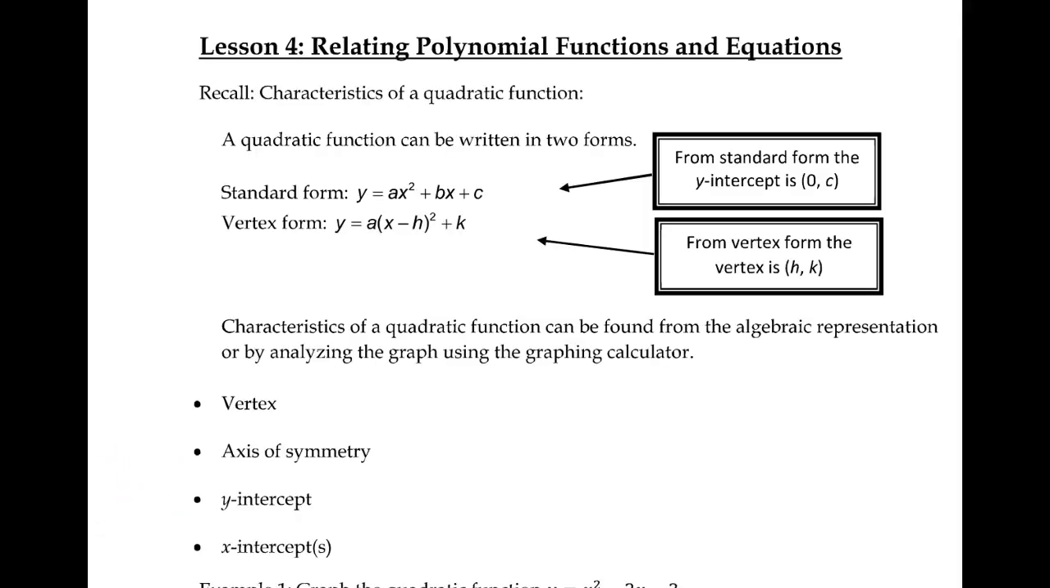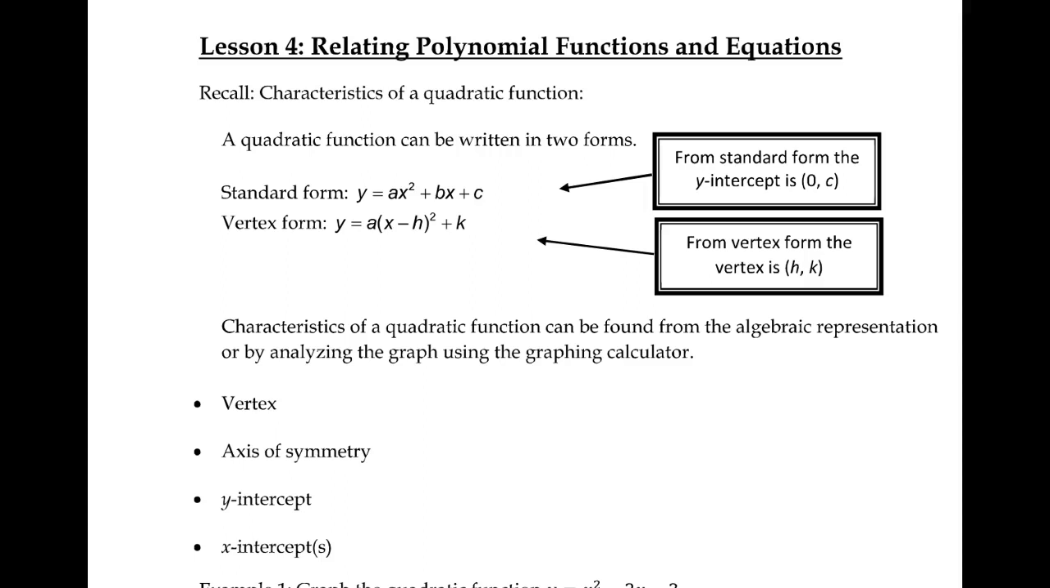Welcome to lesson 4 of our 5th unit, relating polynomial functions and equations. So if you can recall characteristics of a quadratic function, we had a couple of things that we could derive based on the format of our equation. When it was in standard form, again for quadratics, meaning to the power of 2,